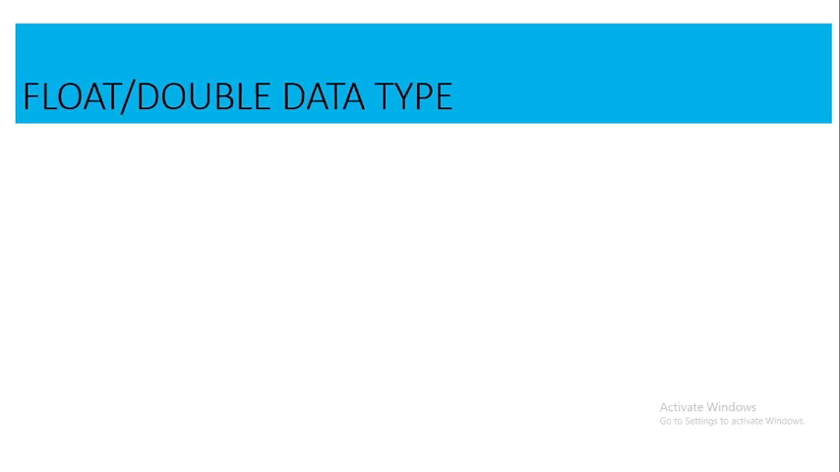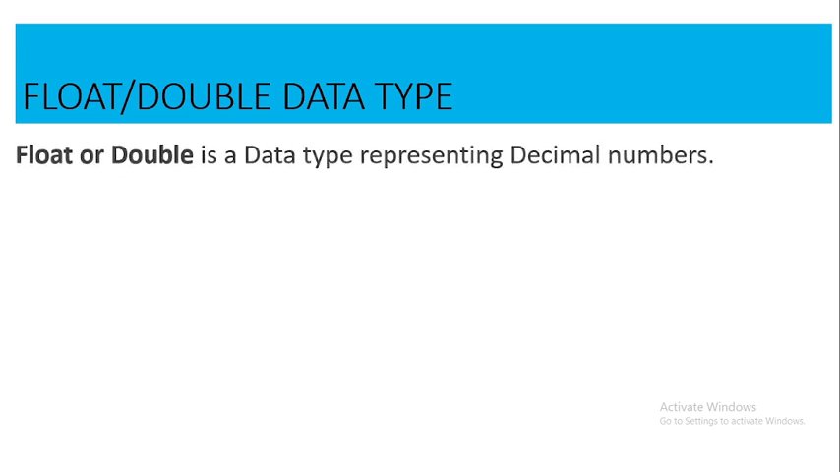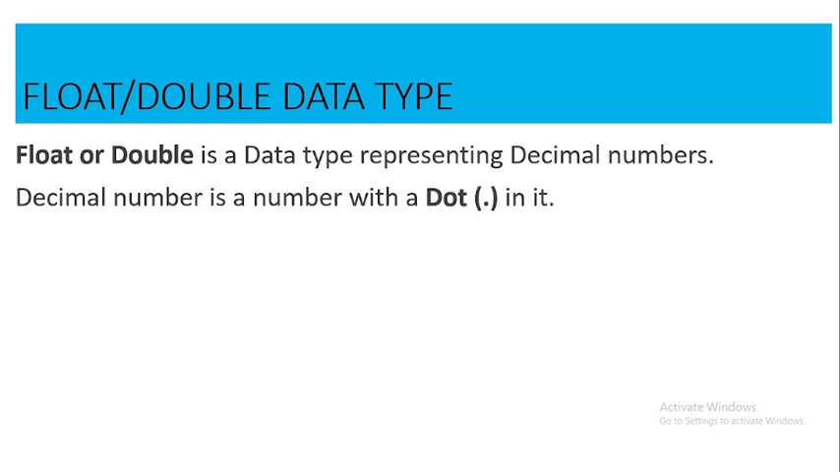Now let's talk about float or double data type. So float or double data type is a data type representing decimal numbers. Now decimal number is a number with a dot in it. So under integer, we said that they are the numbers without what? Dot in it. So when we come to float or double data type, these are the numbers that are having dots in it. So examples include